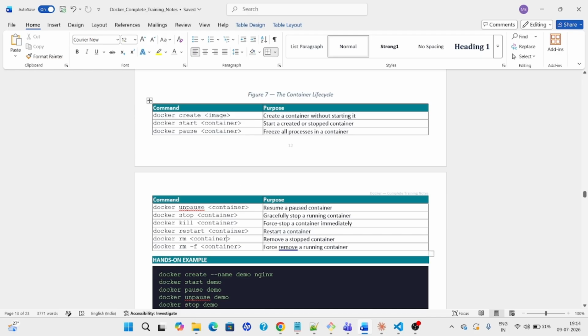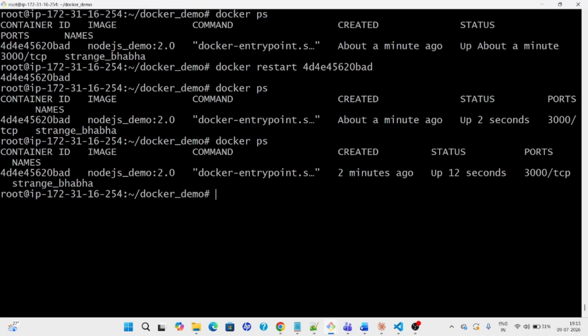To remove a container, we can use docker rm container id or name, and it should be stopped. Only if it is stopped can you delete the container. If it is not stopped and you want to delete it forcibly, then you can use rm -f. So now